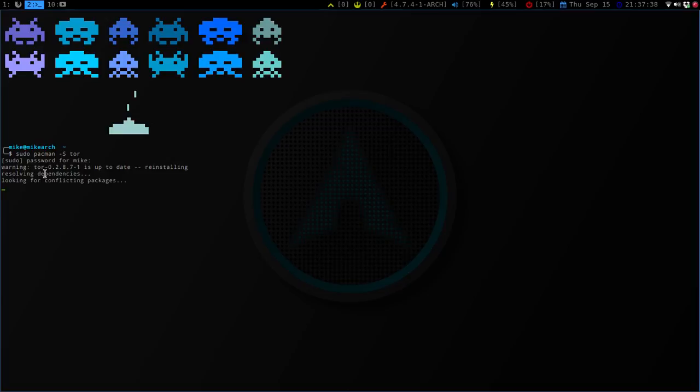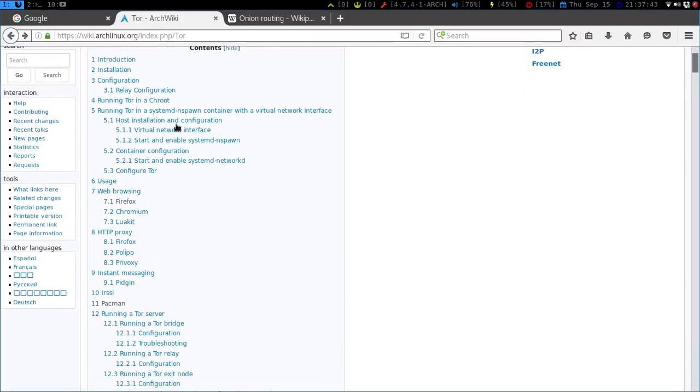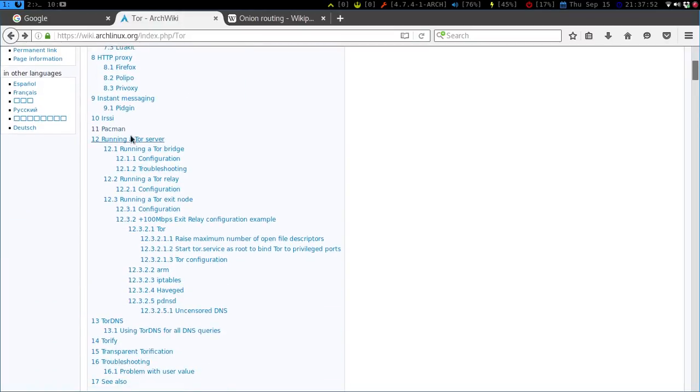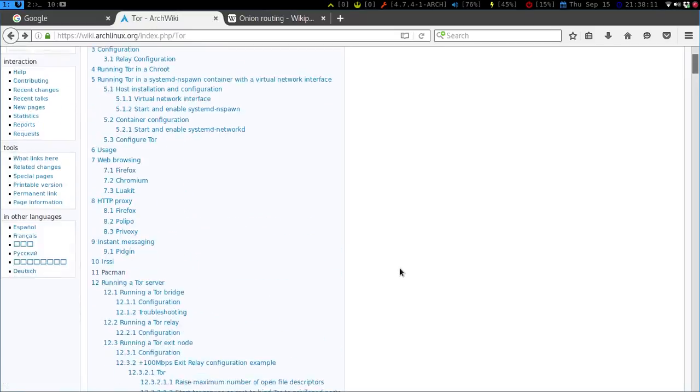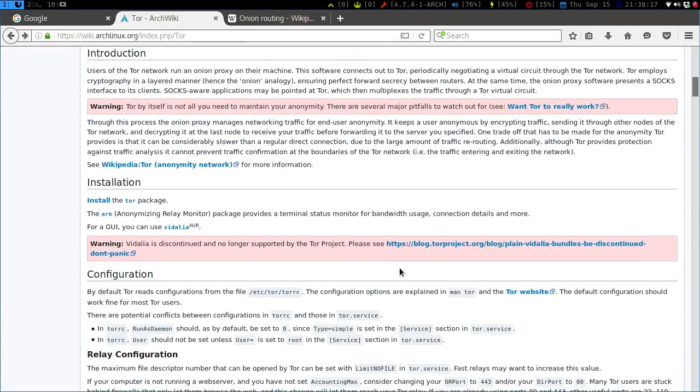Then if we go back to the ArchWiki, there are ways to do this in a chroot. You can do this as an HTTP proxy. You can do it for Pacman, Privoxy, Tor Bridge, Tor Relay, stuff like that. Tor Exit Node, I wouldn't suggest that because some traffic could come to your IP address, so it's up to you. You can also do Tor DNS, Torify. There's a bunch of stuff to do it, but all I'm going to be doing is setting this up